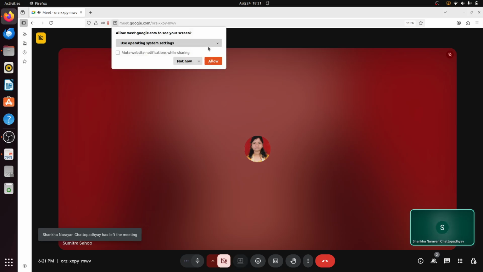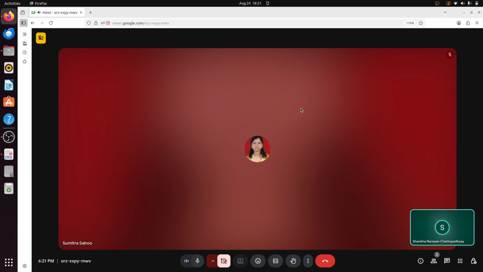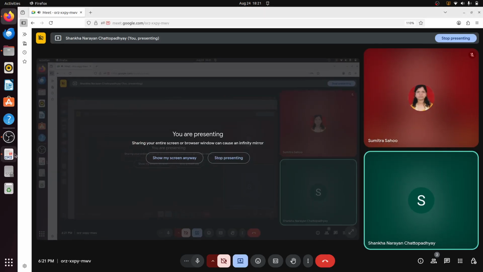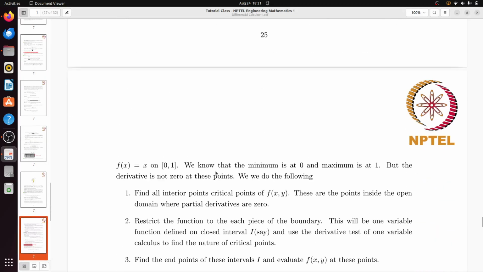Okay, now I will move to our next problem. The global maxima and minima. I have already told you how to determine global maxima and minima. You have local maxima and minima. What you will do is check the functional value at each of those points, and then take the best among them. If you need maxima, you determine the maximum one. If you need minima, you take the one which is the most minimum. Okay.